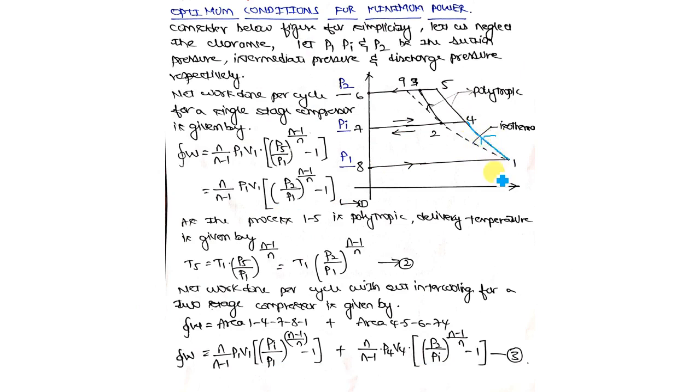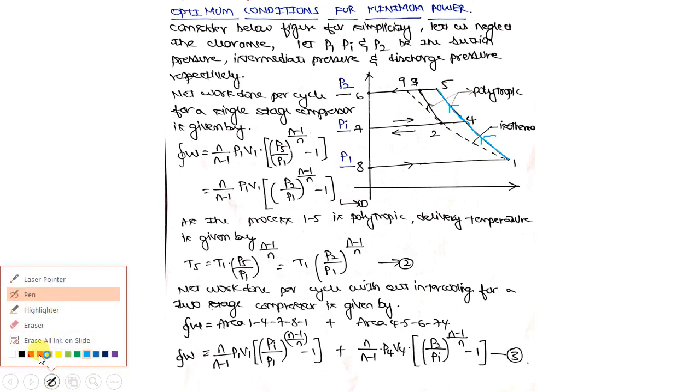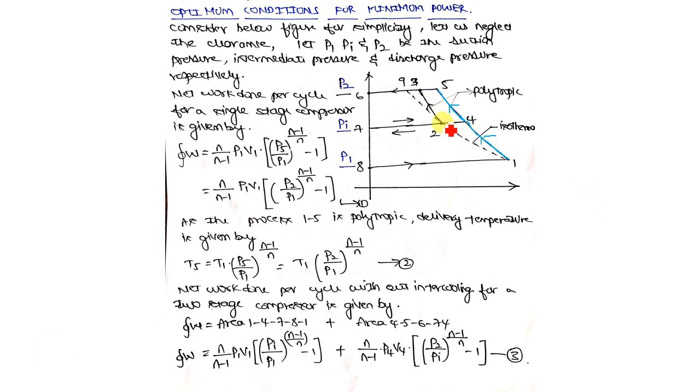But what I am doing is I am taking my intercooler here. So because of the presence of the intercooler, what happens? The temperature drops from 4 to 2 like this. So this is because of the intercooler. Intercooler temperature drops and it traces the isothermal curve like this. And it traces what? Isothermal curve. Which I have indicated in the dotted line here. Okay. So how much amount of work have you reduced? So this much amount of work you have reduced.